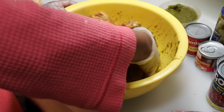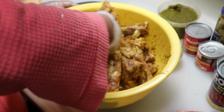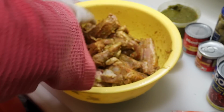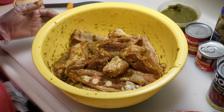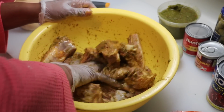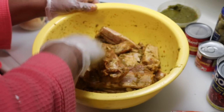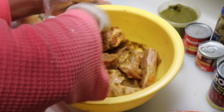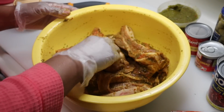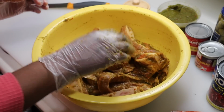You can make this with pork chops, pork rib, beef rib, chicken, whatever it is, but the same seasoning with any type of meat that you like to make it with. But I have not seen anybody make it with fish. It's either chicken, pork chops, pork rib, or beef rib. Whatever rib that you like, you can go with that. So now that everything is seasoned really well,